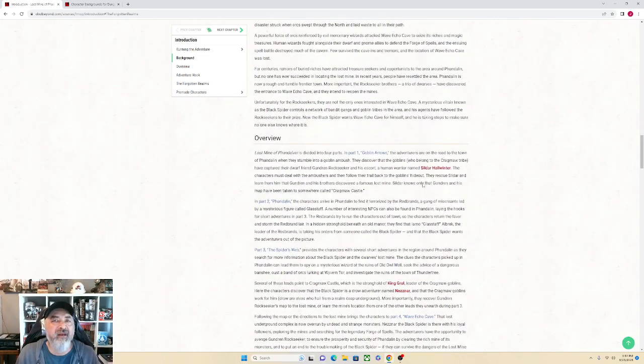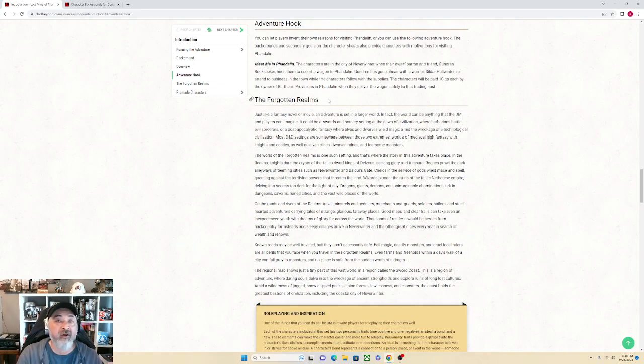So, with that in hand, combined with a thorough review of your players' backgrounds and their backstories, you now have plenty of information to generate additional adventure hooks. The only main hook that was provided, the one thing that said adventure hook, is your people meet in Phandalin. Okay? They have to leave